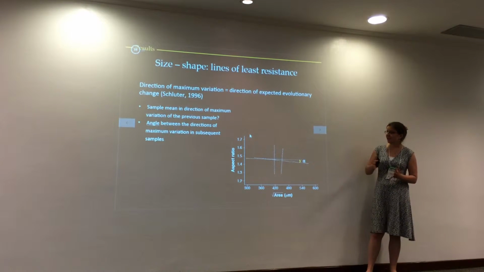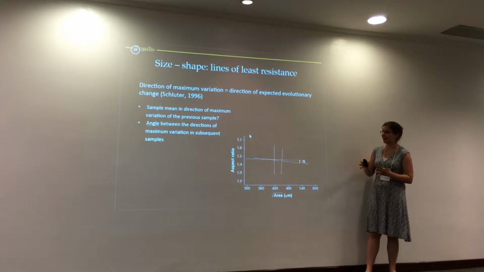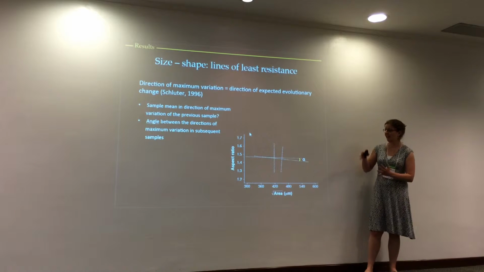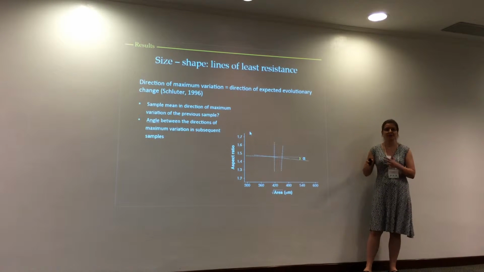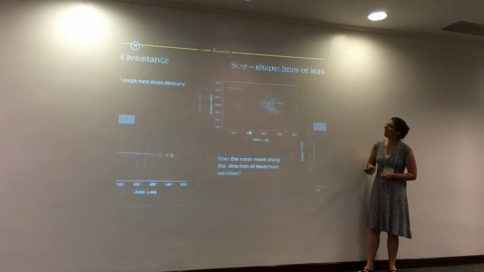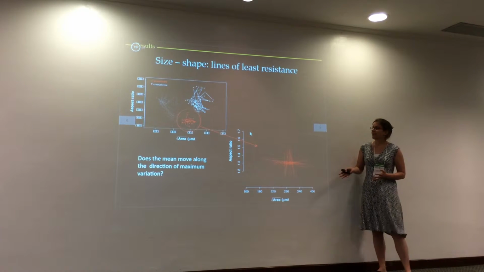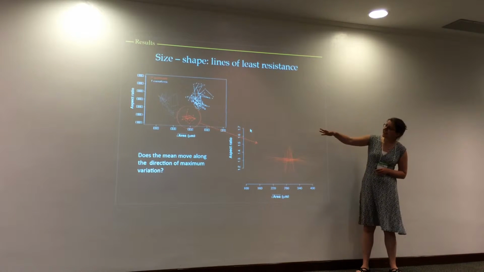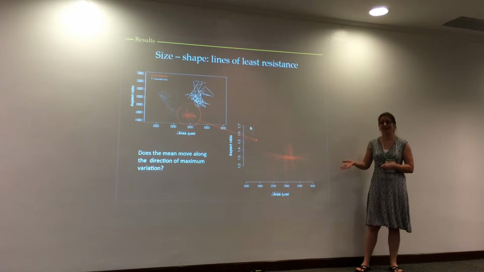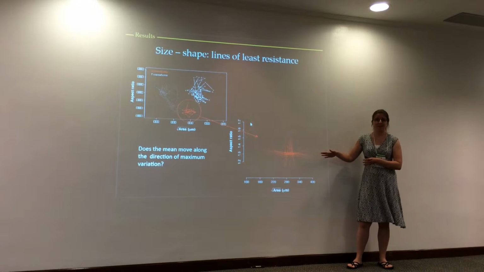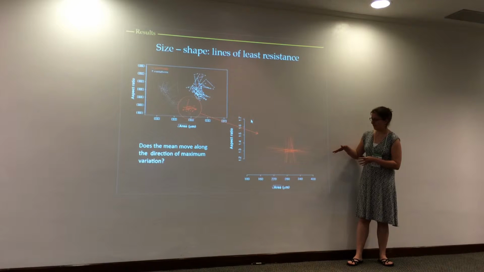Also, if variation determines evolution, we'd expect that the direction of maximum variation of two subsequent samples, the angle between those two, is very small, because otherwise you get just random variation in the species. So looking at the principal component axes for Reticulata first. First it starts out as these nice, large, round shells. And we see that the means indeed move along the direction of maximum variation of the samples